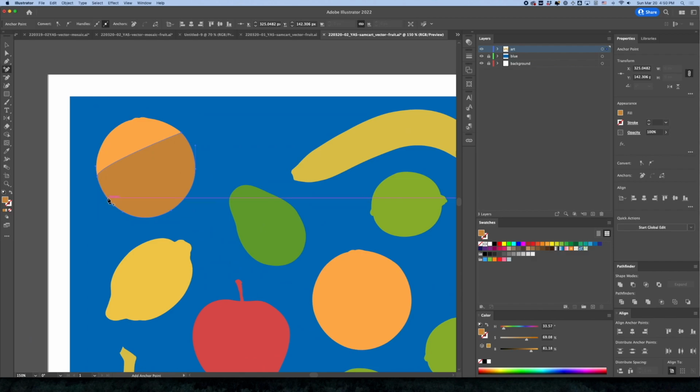Actually, I need to add one right there. I want it to be kind of like a half moon situation. So delete that now. And I'm going to hold down Option and grab onto this handle. Nope, I need to be in my pen tool for that. Hold down Option while you're in the pen tool and grab onto this handle. And we're going to kind of shift this downward